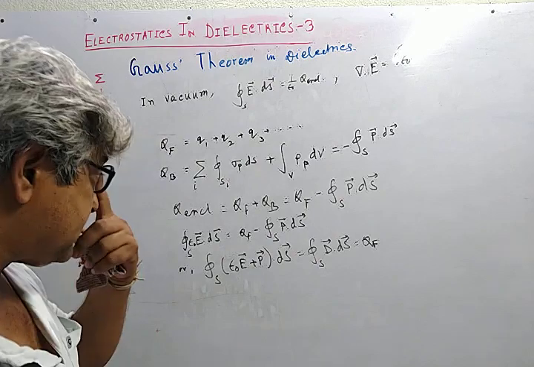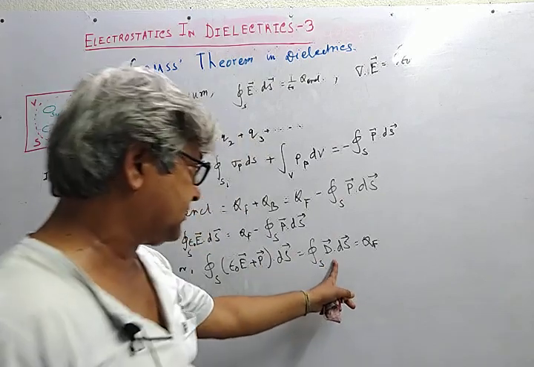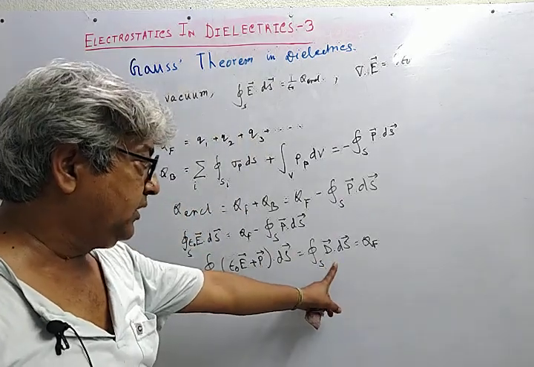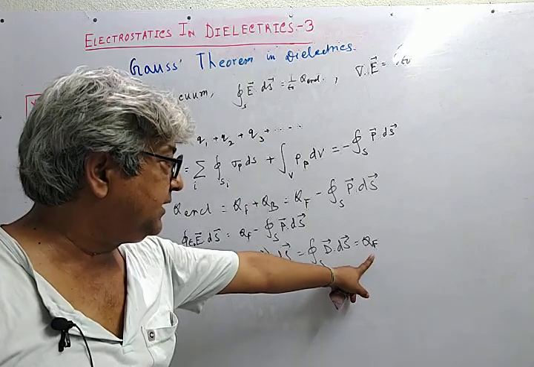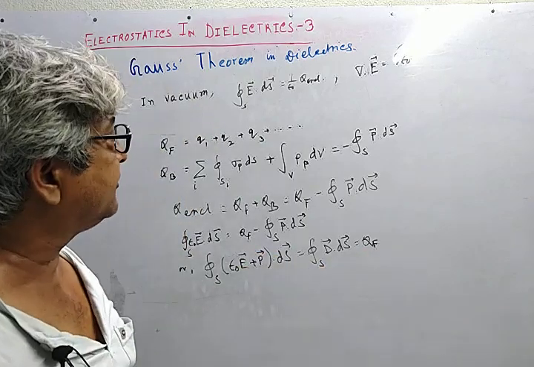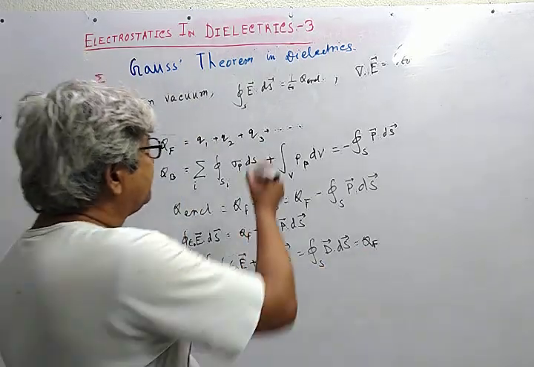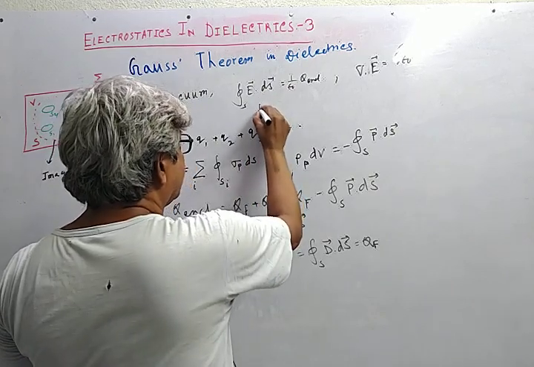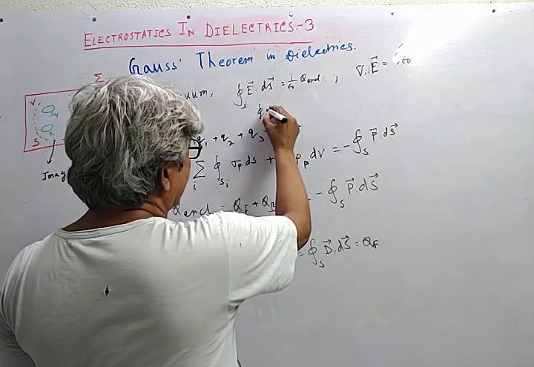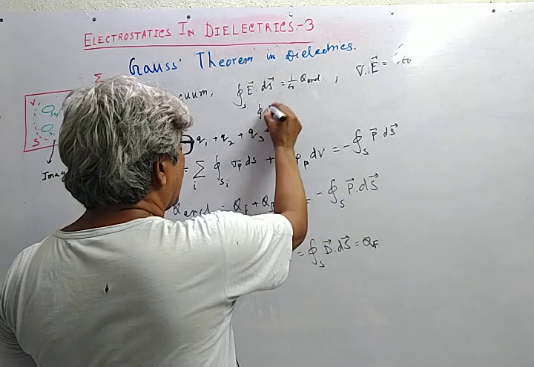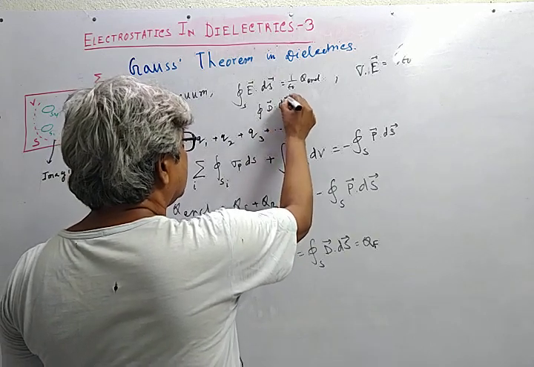So the total flux of the D vector is simply Q, the free charges enclosed in the surface. So if we compare this law in the presence of dielectric, this becomes